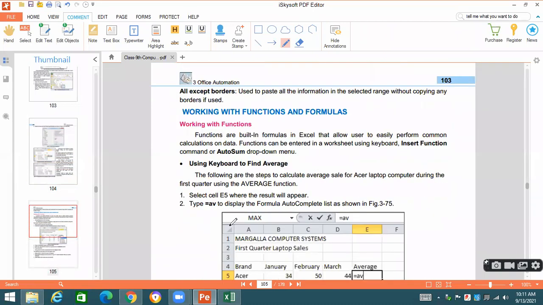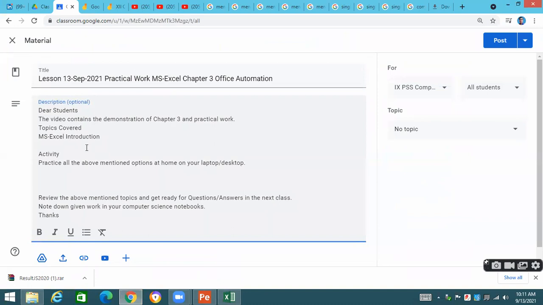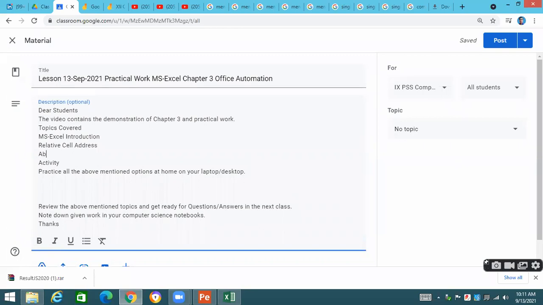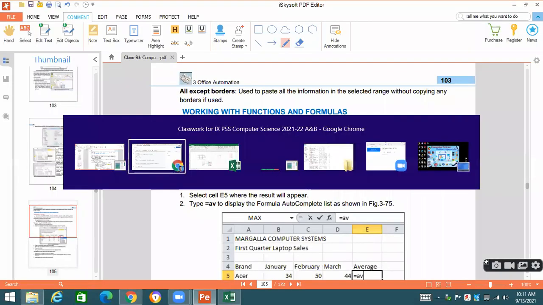So you have to practice it. Now what we have covered, let me write over here. Relative cell address. Absolute cell address we have covered.